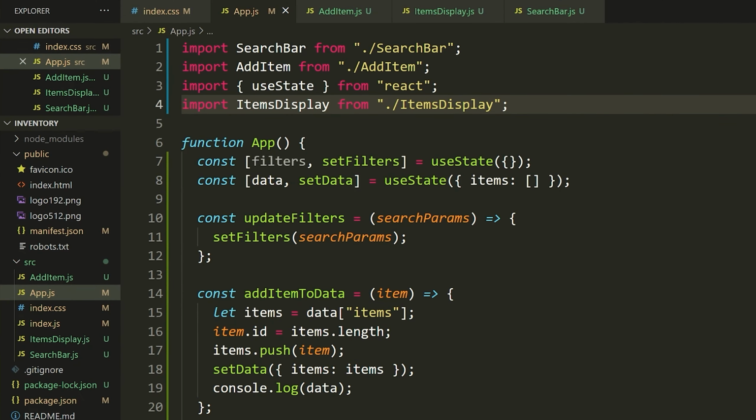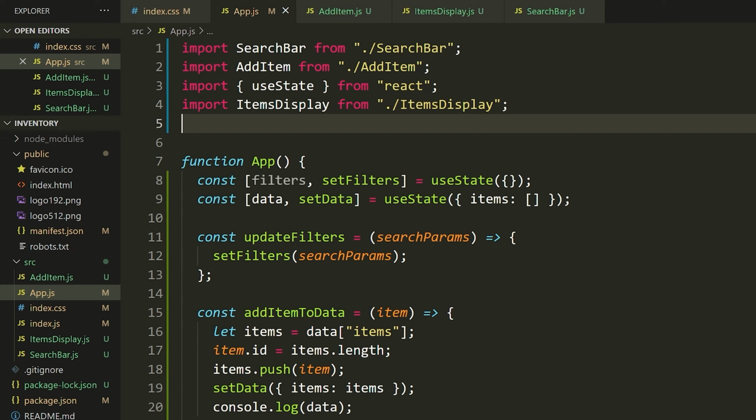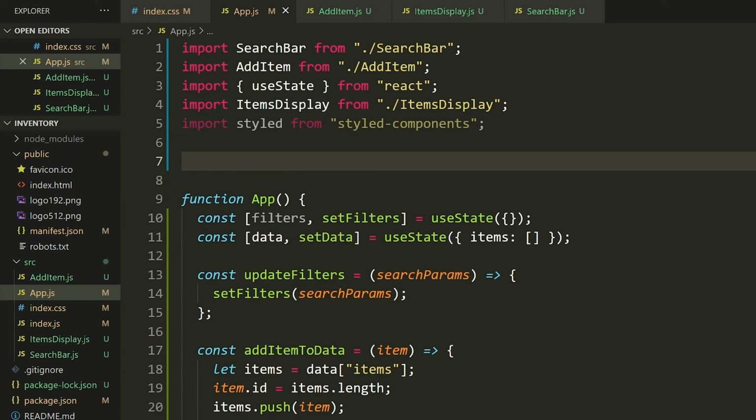I've just gone to my app.js file, and now we can actually start using this library. So I'm going to go to the top of this file. I'm going to say import styled from, and then this is going to be styled-components like that. So what this is actually going to allow us to do is to create a component that has default styles. So you'll see what I mean in 1 second, but the way you do this is just like you would create a functional component, except it's not going to be a function, it's just going to be a variable.